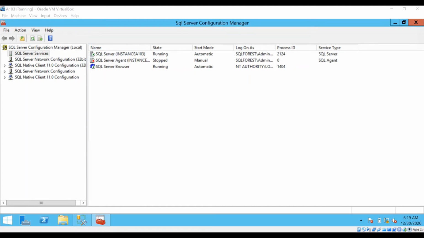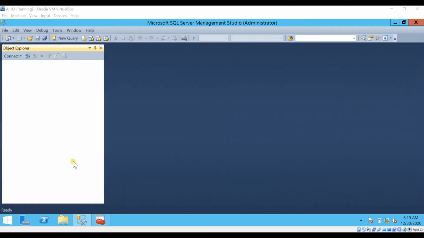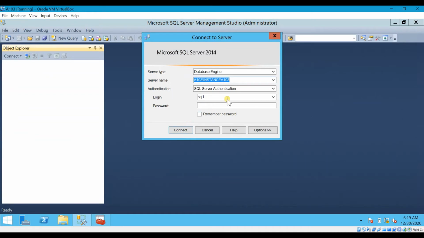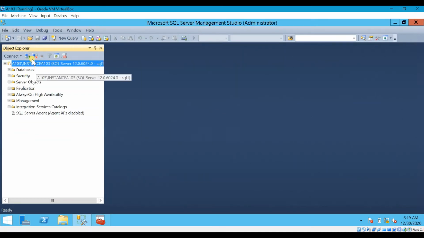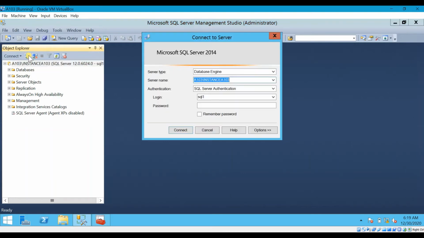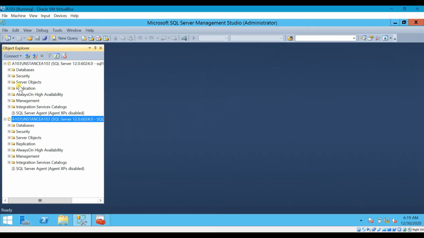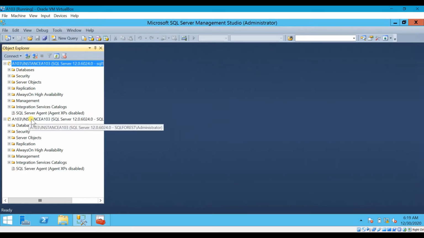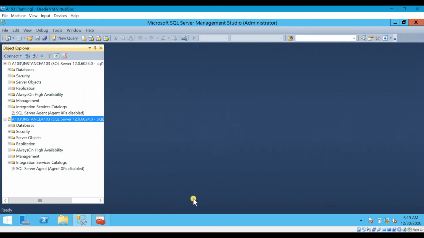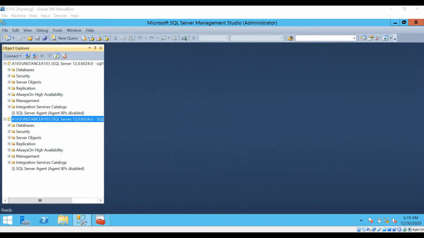So our service has been restarted. Now just go to SSMS and check. Connect. I am able to connect using one login. Let me check for the other login. Yes, I am able to log in using two logins. Now the SQL Server is not operating in single user mode.